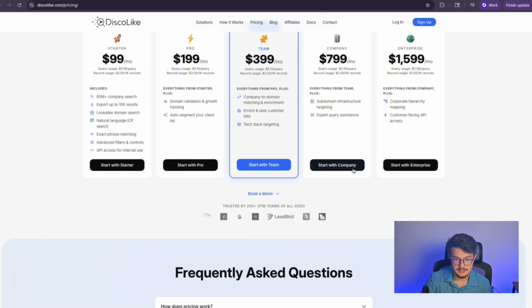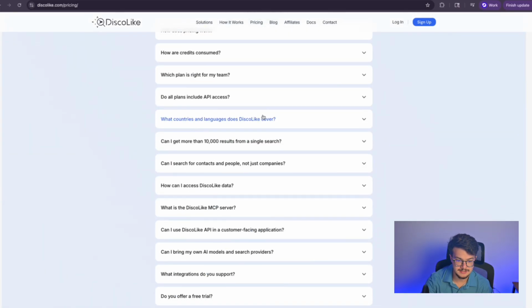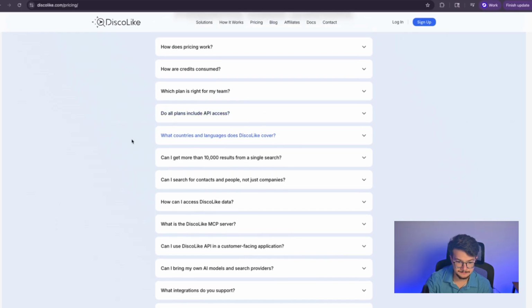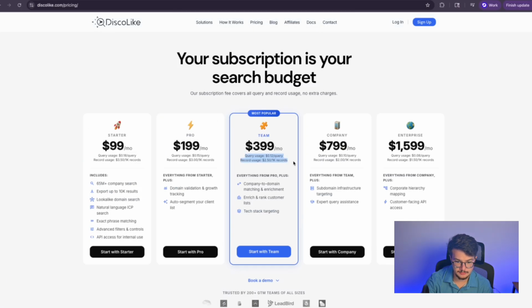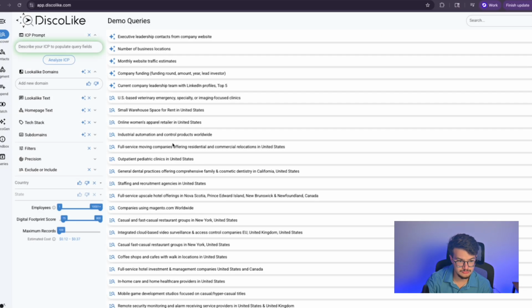There's never going to be one database that's best for everything, but this is pretty dang close. Okay? So every time you hit a search, this will be run. So we're going to log in here, and we're going to create a list. And I'm going to show you what it looks like.